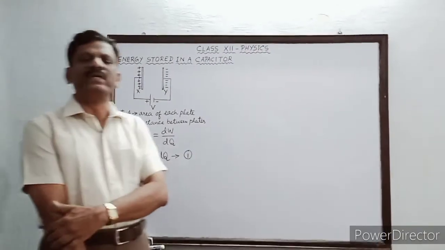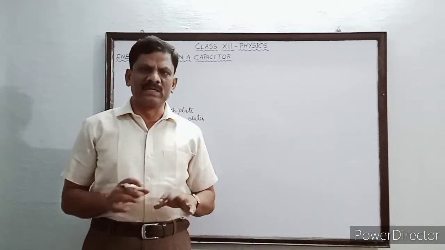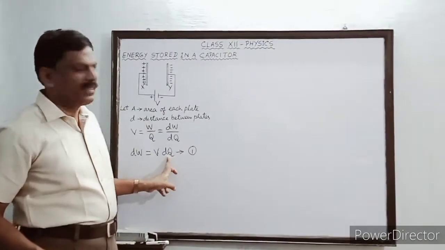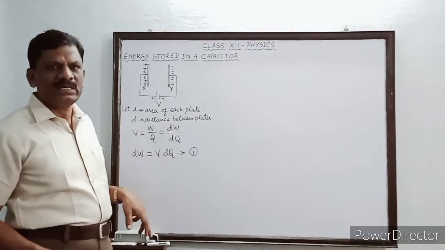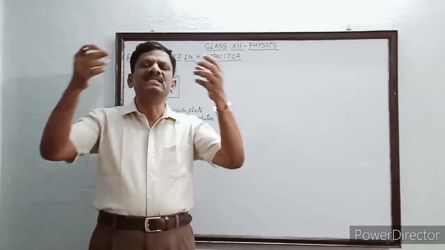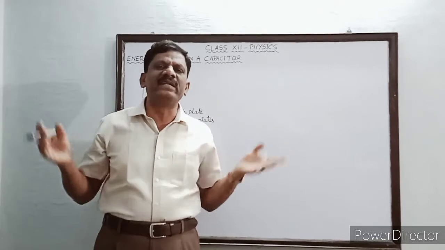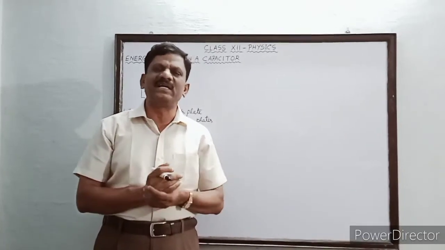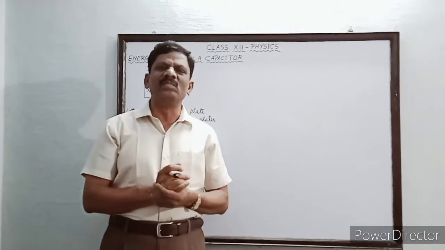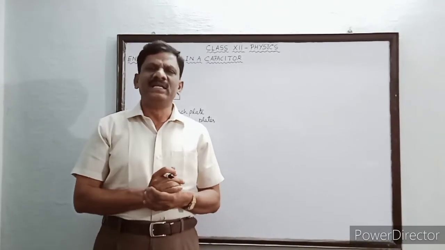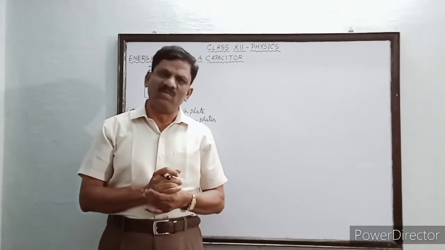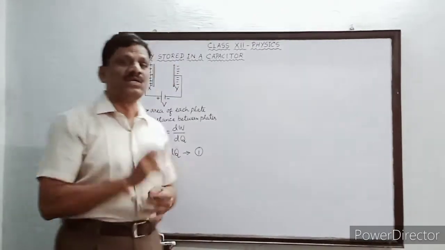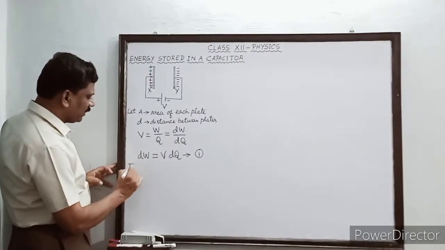What is dW here? dW is the work done by the battery to store a charge dQ coulomb on each plate. So slowly, stage by stage, dQ coulomb of charge will be stored and finally the charge stored has to be Q coulomb. Initially there was no charge on each plate. Finally there is Q coulomb of charge on each plate, and in between the battery is doing some work in transferring dQ coulomb of charge in every step. Therefore, the total work done